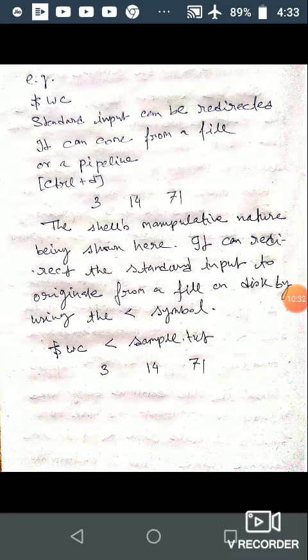It shows this message. Then you write something and exit from that mode by pressing Control D, and it shows output here: 3, 14 and 71.